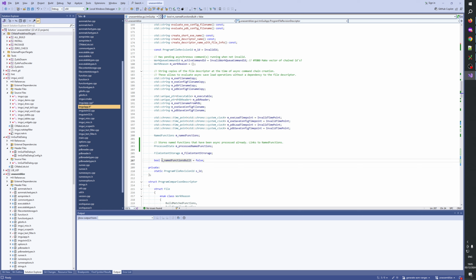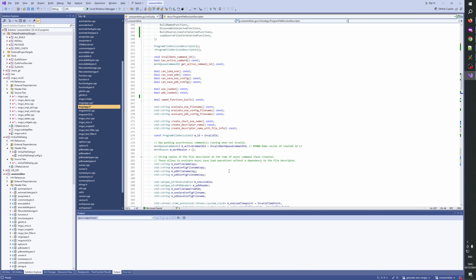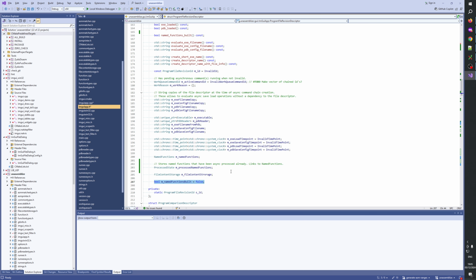Yeah, how about we add another boolean here for named functions disassembled, and then another for